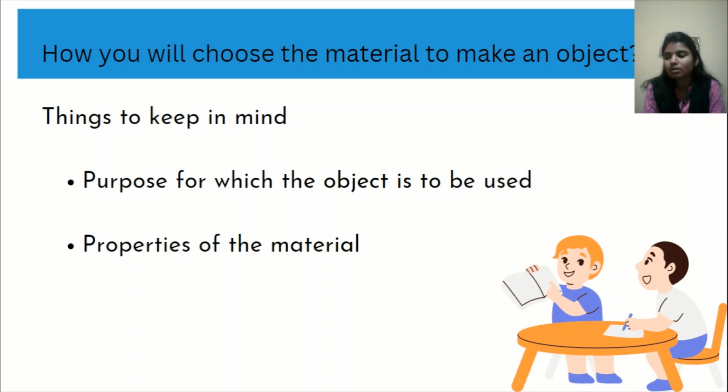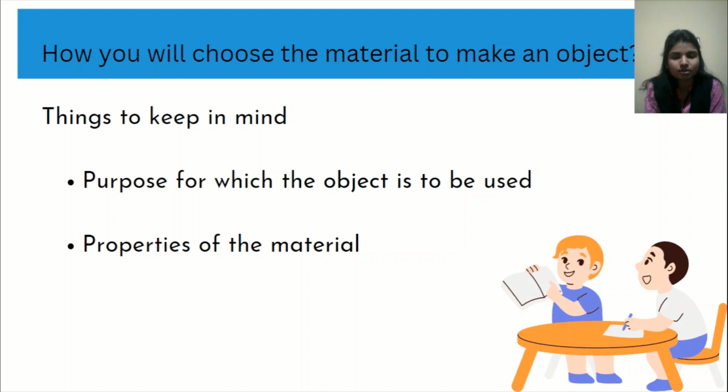We use cellulose that is obtained from plants for making the sheets and the hardcover of the book. In the same way, we cannot design utensils with paper as it would not serve the purpose. So what are the things that we need to keep in mind while we are choosing materials